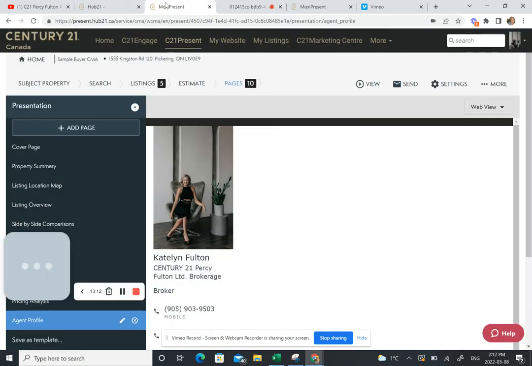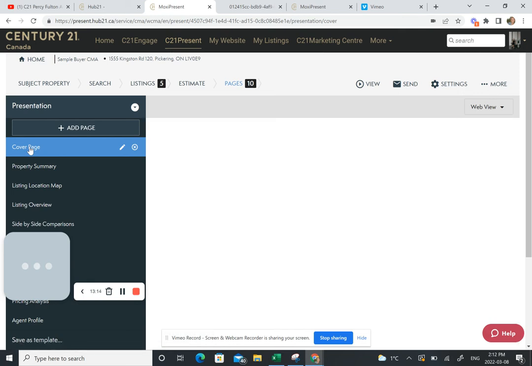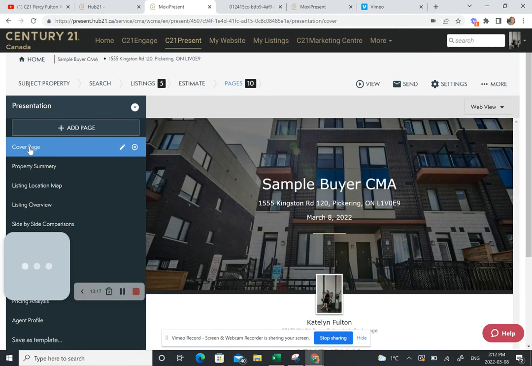So that is a really strong tool, very quick, very easy to use. As you can see, it only took me about 5 minutes to really go through the CMA. I would really encourage you guys to hop on C21 Present, put in the address, put in the MLS of the property that your clients are interested in purchasing, pick the comparables, and then quickly email it right over to them. If you have any questions at all, feel free to reach out to me,